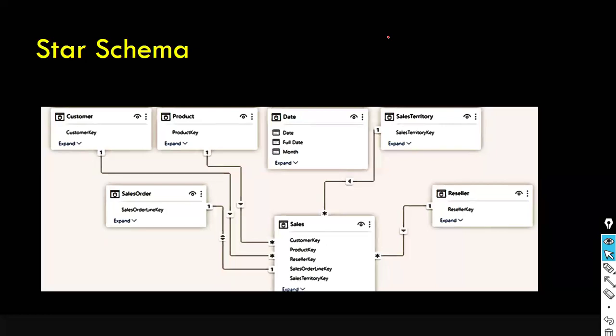Okay. I hope you understood what dimensional modeling is, what dimensionality reduction is, and what the different types of dimensional data modeling are. One is star schema, the other one is snowflake schema. We've seen star schema in detail. We will discuss the snowflake schema in tomorrow's session. And also,